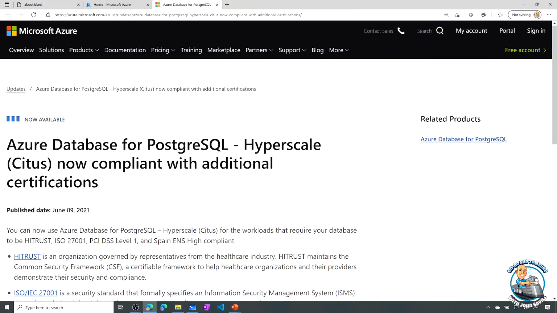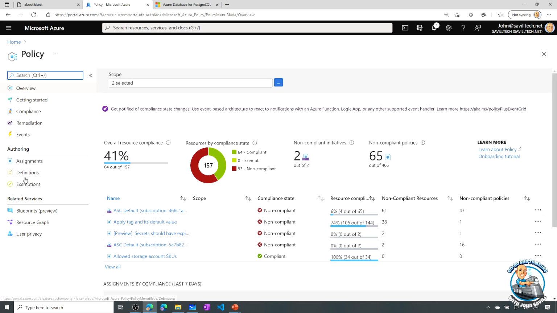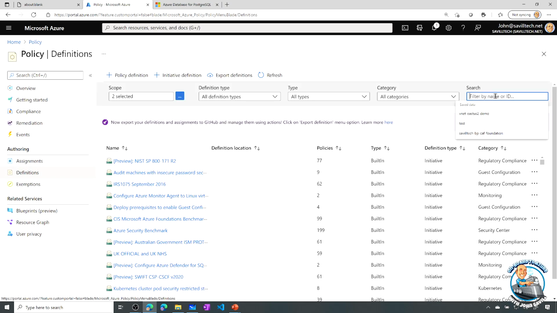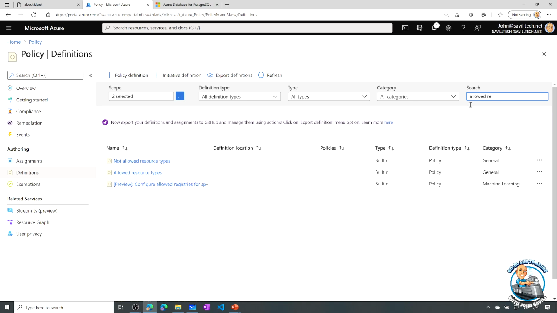If I jump over to my subscription quickly, and search for policy, if we look at our definitions, we'll see there are these resource, actually should be allowed resource, I think I'm looking for, allowed resource. So you see these not allowed resource types and allowed resource types. And as the name suggests, I can define types of resource that I'm going to allow or not allow,